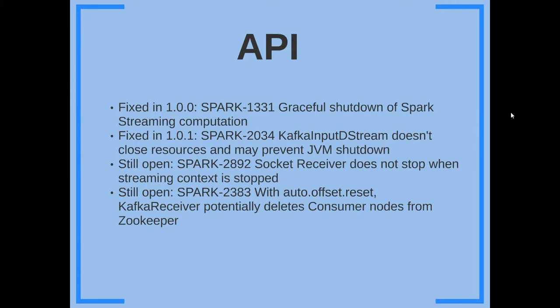If you looked at the source code behind Spark streaming in 0.9, and you looked at the source code for SSC stop, Spark streaming context stop, it just killed the threads. There was nothing graceful about it. Well, the situation has improved markedly in 1.0 and 1.0.1, but there are still some issues that are not resolved. If you happen to be using a raw TCP/IP socket receiver, as opposed to, for example, a Kafka receiver, that doesn't stop. And then this last issue, 2383, this is actually a startup issue, but I put it in here